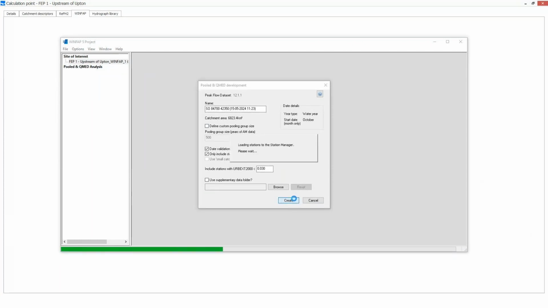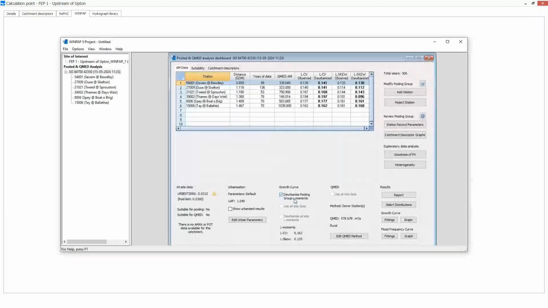WinFAP software is really good and increasingly complex. There's far better training and explanations of how this software works from Wallingford's website and online. So I'm just going to talk you through a very simple analysis using WinFAP. What the software has done is it's created me a pooling group, a group of sites similar to the one I was just looking at, in order to create my flood frequency curve. And I've got the ability to edit this. So if I make this bigger,